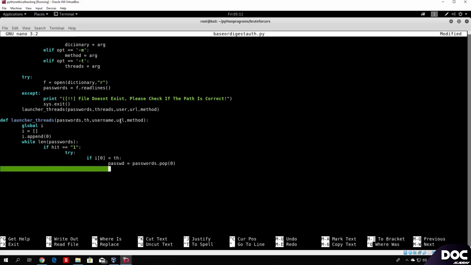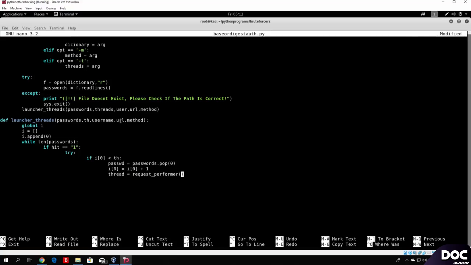Let me just show you what I'm doing right here. And then the first element of I will be equal to the current first element, which in our case at the first iteration is 0. Let me just find where 0 is. Okay, so here it is. And then we will just add 1, which means that we're going to start one thread right now. So we want to add the number 1 to the list in order to keep track of these threads right here. And then we create the thread, as I said, so thread equals request_performer,